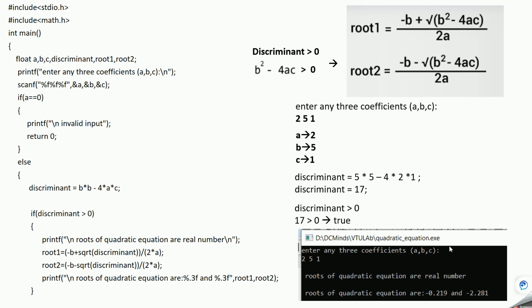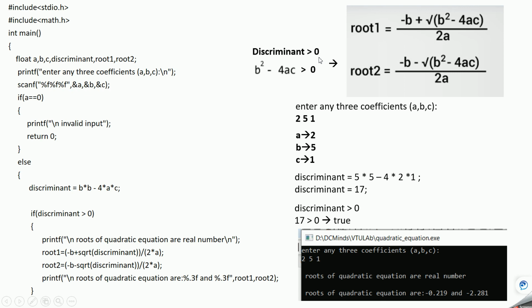So what you are doing is basically entering the 3 values, and then the condition is getting checked, and it finds that it is real numbers, that is the positive case. So it is printing both root 1 and root 2. You can see the roots of the quadratic equation are this and this. Okay, so this is the case where discriminant is greater than 0.